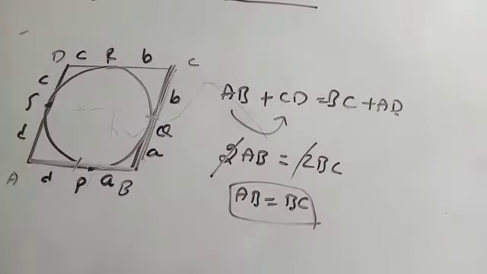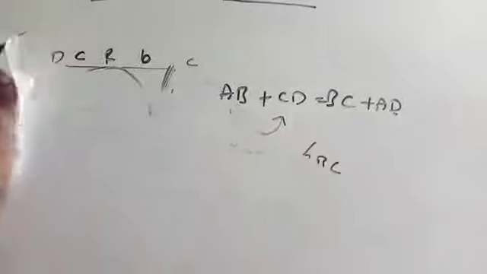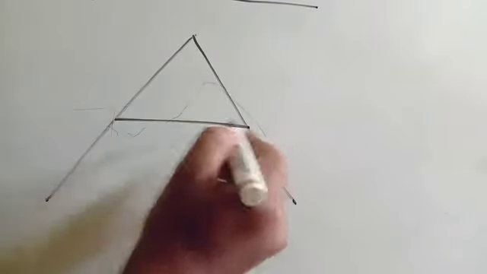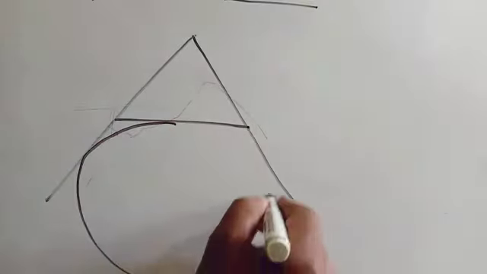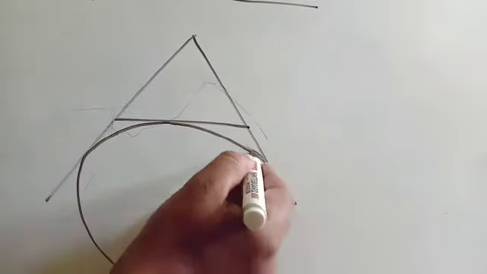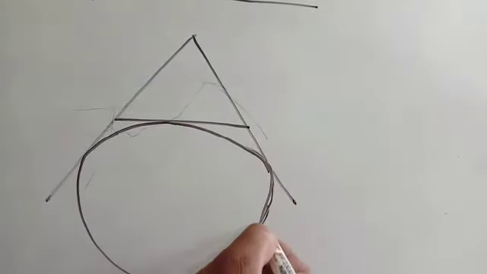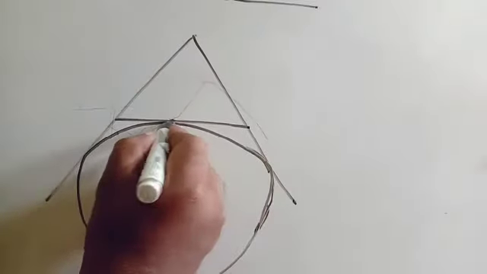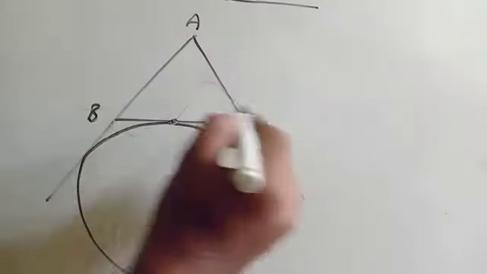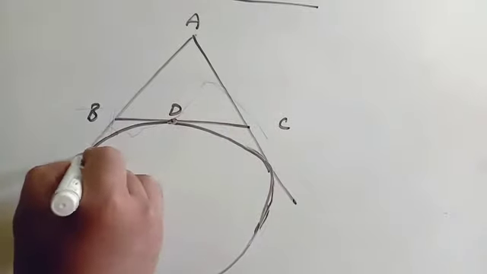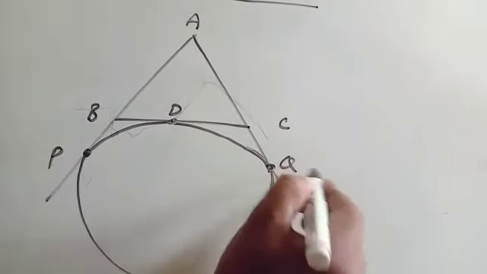Now this question, very important question. Clear? Okay, I'll give one question. You try to do the answer and tell me the answer in the comment section. By using this property you have to do the question. For example, let us say there is a triangle ABC. Let us say this is an excircle drawn outside, if you extend the sides. No need to know what is an excircle. But let us say this point is D, this point is P, this point is Q.